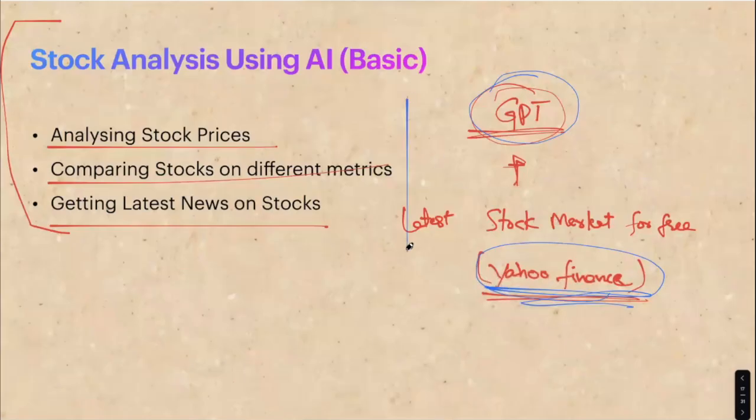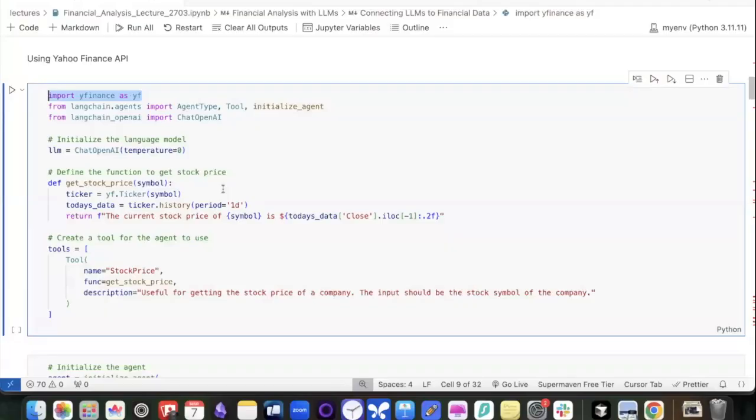That is what I'll primarily do here. Basically, this Python library is using the website's data and giving us the latest data. From Yahoo Finance, I'm taking this function called get stock price. Whenever I run this Python function, it is going to go to Yahoo Finance and give me the latest stock price data. As simple as that. So let me run this code.